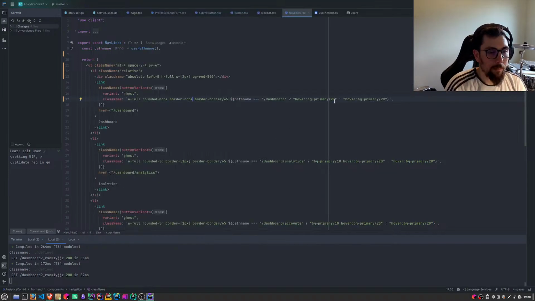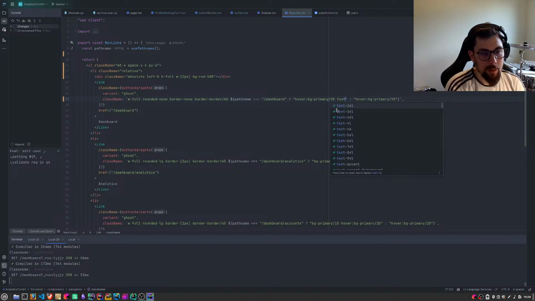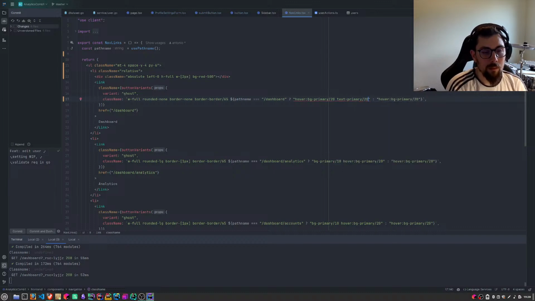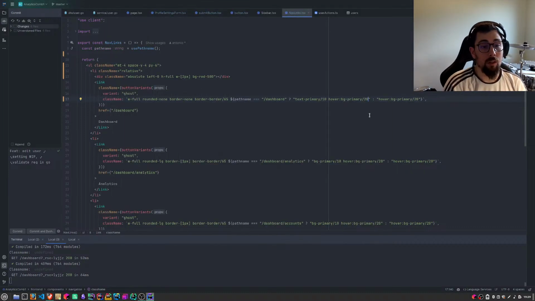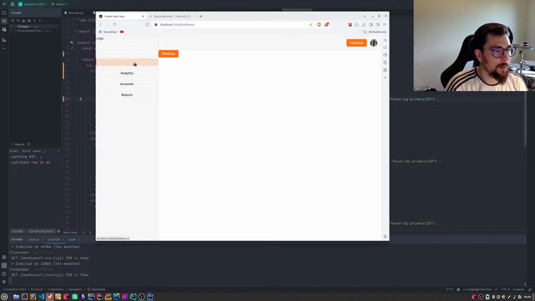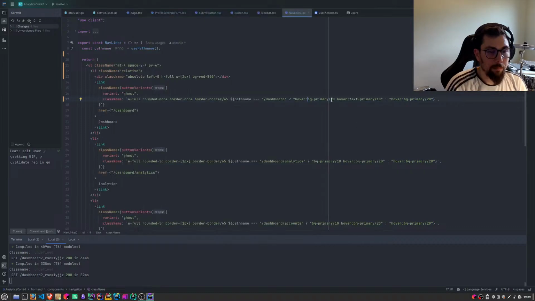And then I can change text BG primary, not BG primary 20. Oh, not 20, 10. Let's see. Oops. Never mind. Wait, what the hell? I see. Okay, that's not good. That's very bad.